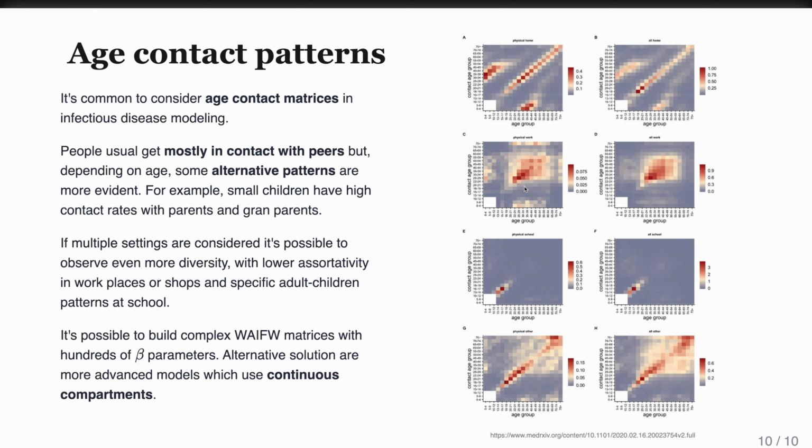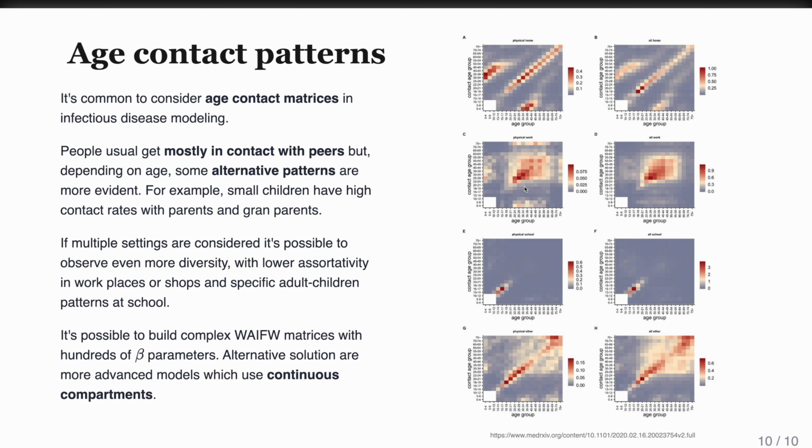For example, it's known that for flu, old people are at risk because they get infected by their grandchildren, who themselves get infected at school. So there is this flow of the pathogen that grows in the schools where there are a lot of contacts and then reaches the grandparents through the contacts between grandchildren and grandparents.